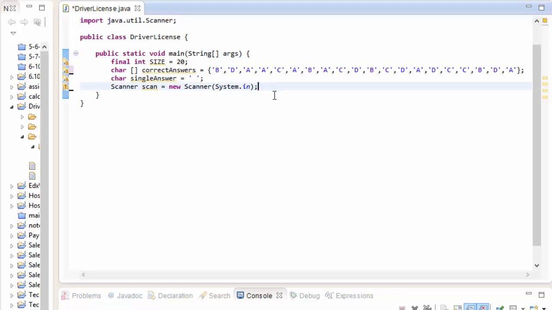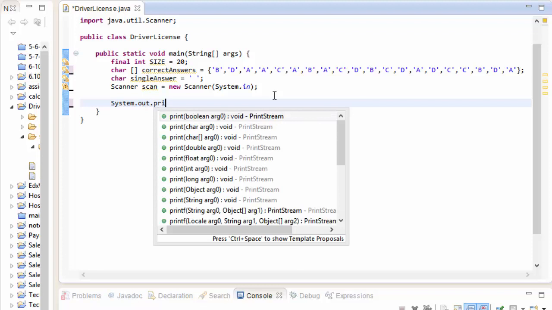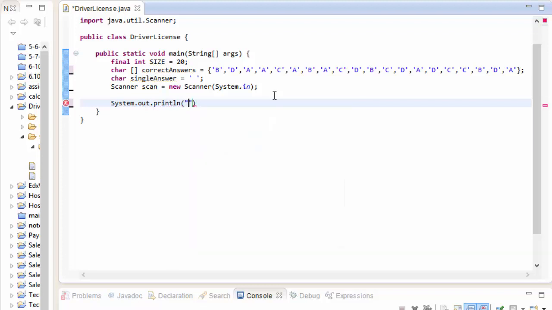Okay, so now you might be tempted to do something like this: System.out.println, and you will say, please enter answer number 1, and then you would go and get the single answer, and you wouldn't even need that. You could just add this answer to our array of user answers, which reminds me, I have to create